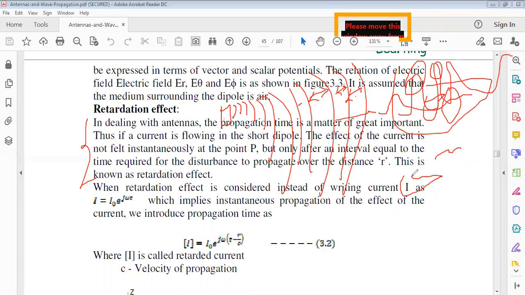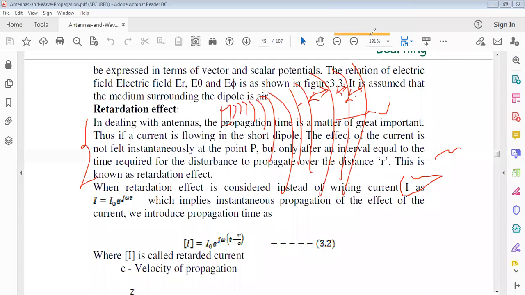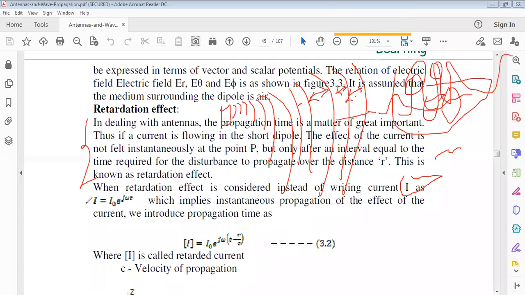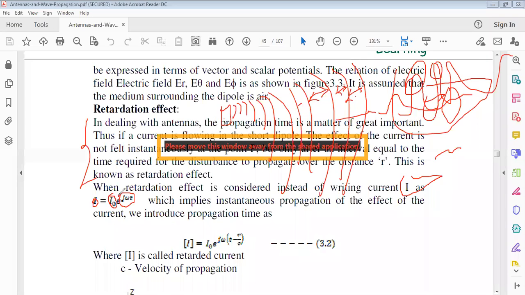okay, actually I mentioned current I, but that I doesn't contain any field components, there is no wave representation for us. Okay, the radiation effect is always considered with its phasor form. Okay, already you know what is meant by phasor form. Phasor form in the sense, I equal to, of course, current I, which is having magnitude of I naught with phase e power j omega t, but it is always considered a time factor. Okay, I equal to I naught into e power j omega t.